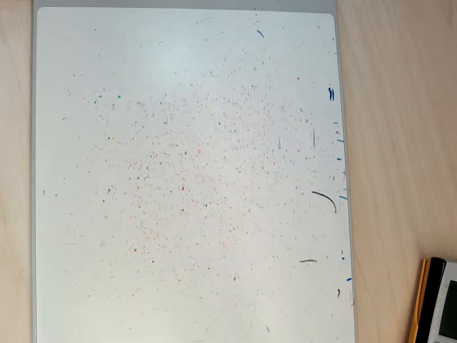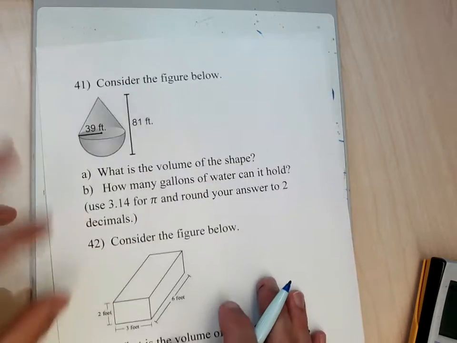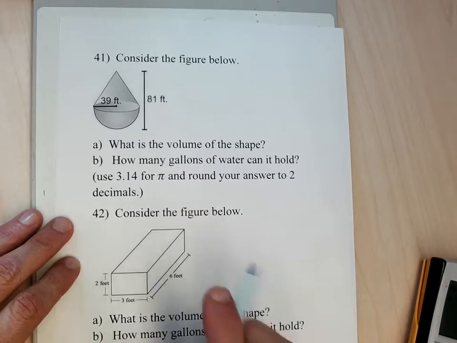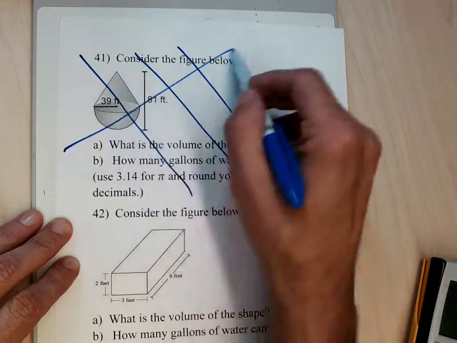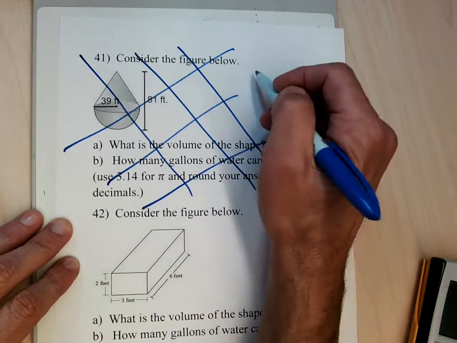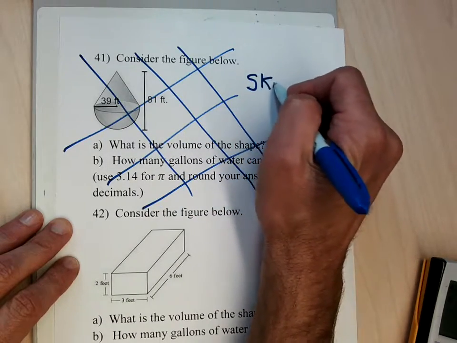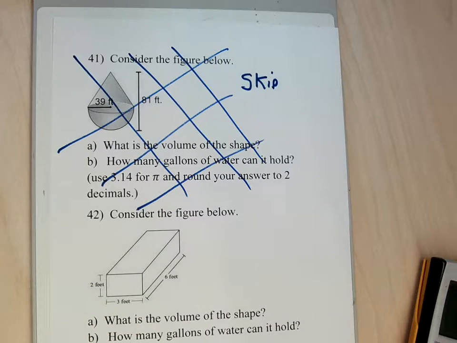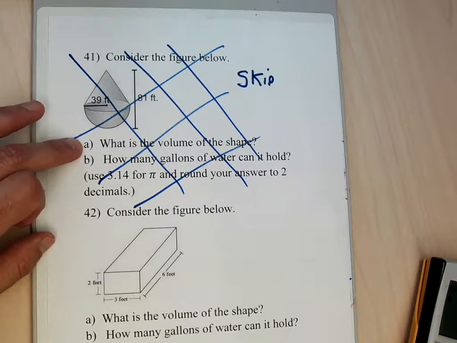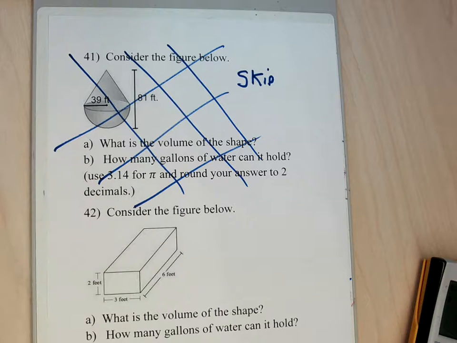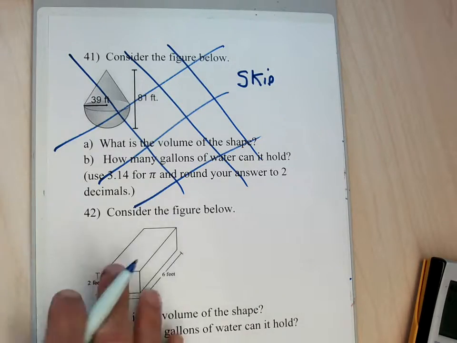I'm making a vote to skip 41. It's not particularly hard, but it's a disaster for most students. I don't put it on the test. And so let's just vote to skip this. If you want to work through it, pause the video and give it a try. We actually worked with this shape in section 2.3, so you could find the volume again and turn the volume into gallons. But I'm voting to skip that, which means I'm going to skip 42 and move on